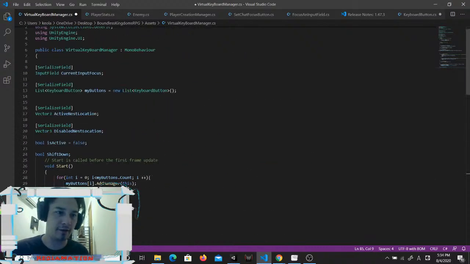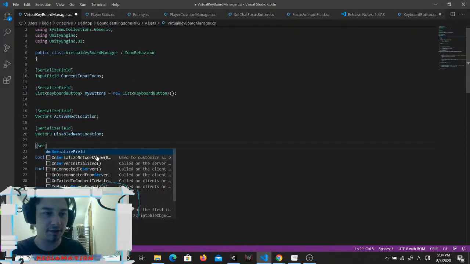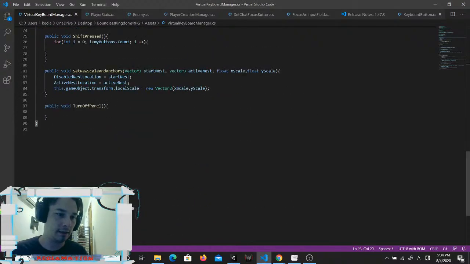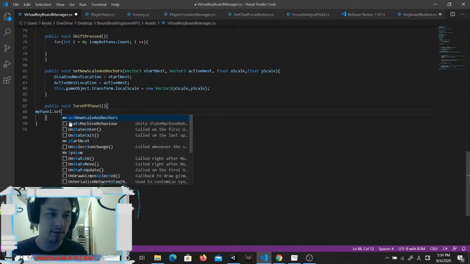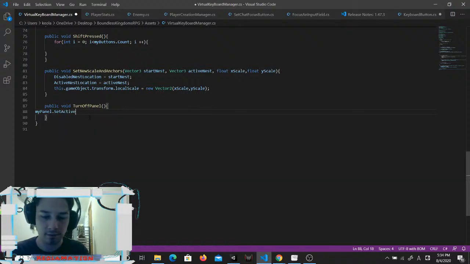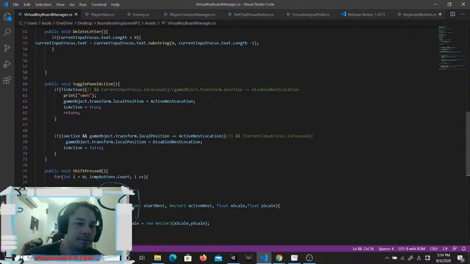And then I'm just going to make a quick reference for it. I'm going to serialize again because that's just the way I roll, guys. Okay, so serialize field, and this is going to be a GameObject, uppercase G, GameObject, myPanel. And then myPanel.SetActive, and this is going to be called false. Okay, and then on the toggle active,